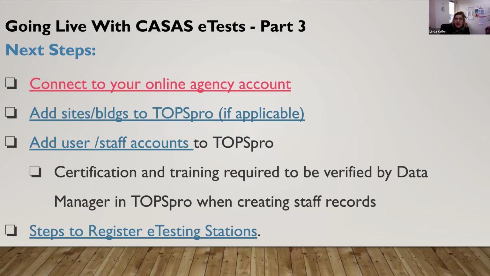This same step has taken place at a couple different Metro North locations where they've had access to Chromebooks. However, if you don't have Chromebooks or access to Chromebooks, there is a URL that can be installed on whatever devices you're going to be delivering your testing on. Again, you would just work with your tech department in order to use the URL. And that's something I will add to that resource document too, because there's additional support documents that CASAS has created to help your IT departments know what they need to add to specific testing devices.